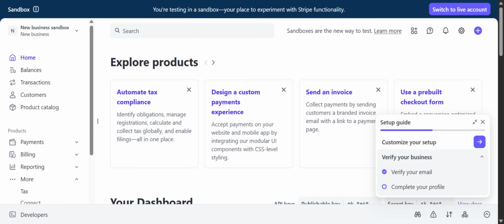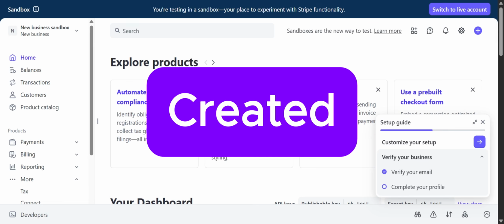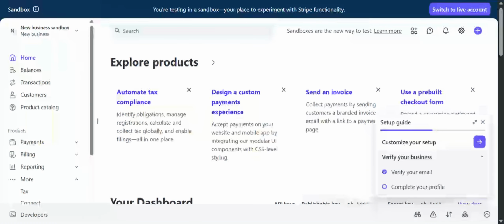For now, the important part is that you created your account, verified your email, and completed the onboarding process. You can now explore the dashboard safely and look through the different features Stripe offers. Our support team will then connect your Stripe account to your website so you can start monetizing as quickly as